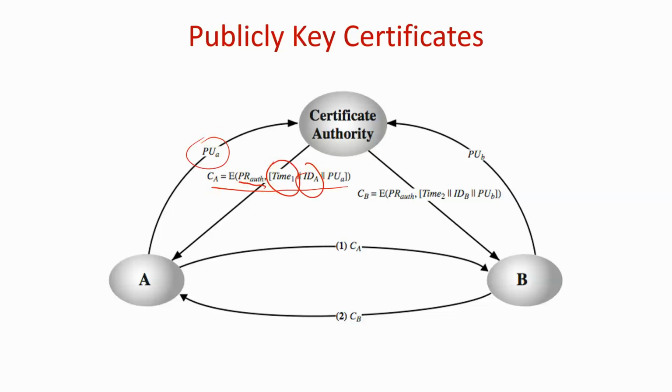So this certificate will be given to A. So now A has CA, B will do the same, and now B has CB. Now, A and B will have their own certificates. Whenever they want to talk to each other, they can just exchange the certificates without the certificate authority needing to